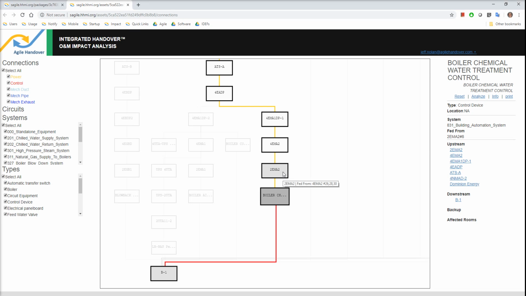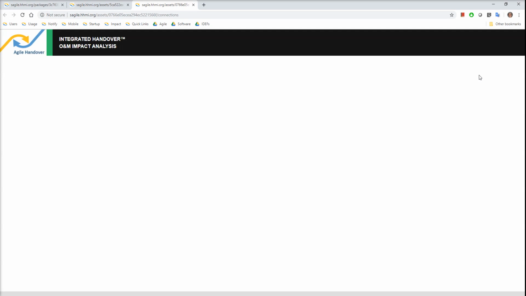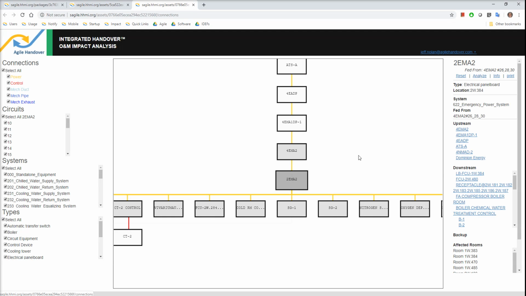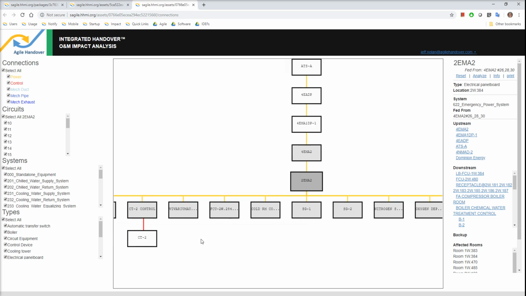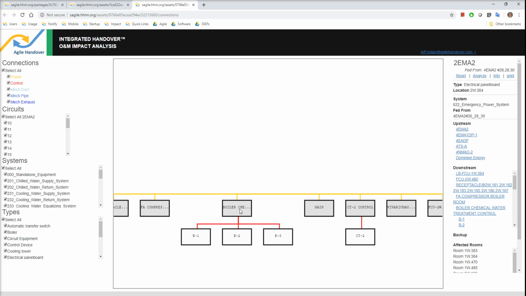panel feeds it. And we can investigate that further to see, okay, if we have to shut down this panel to work on the control device, what other objects are going to be impacted by that? So by clicking on this, we can see that it also provides some power to the clean steam generators, to a fan coil unit in a particular room, a control tower control device, as well as, as we were looking at earlier, the boiler chemical water treatment control, which actually, to shut that down, it will impact the other boilers as well. So this creates a dilemma for the